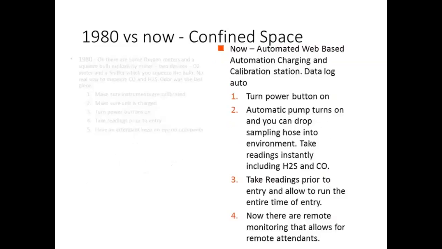When it comes to confined space, the one question I do get quite often is, if it's in a confined space, let's say underground, how is the device itself able to connect to the web since it doesn't have some sort of line of sight, or it's underground? That's easily done through repeater technology or things of that sort, redundancy, repeating, and get you out to the outside. GPS, things of that sort will get you out there. But now there are different types of products that are available. Automatically it turns pumps on, you drop sampling hoses down, read instantly, H2S, CO, whatever you're looking for.